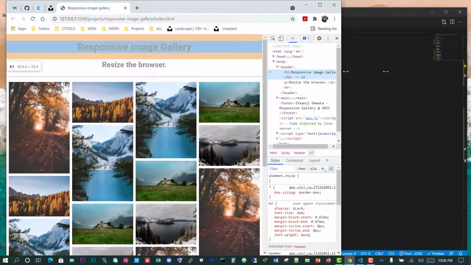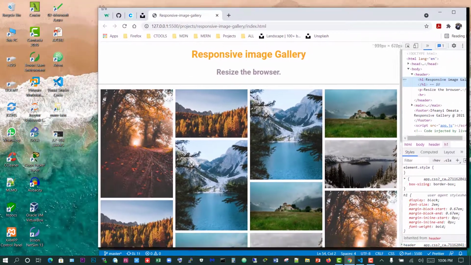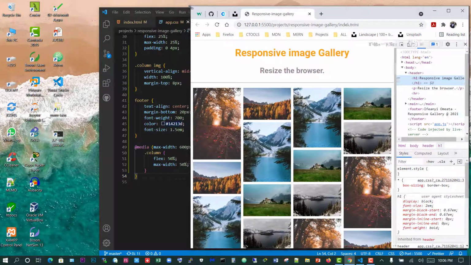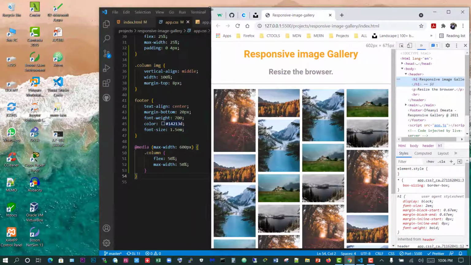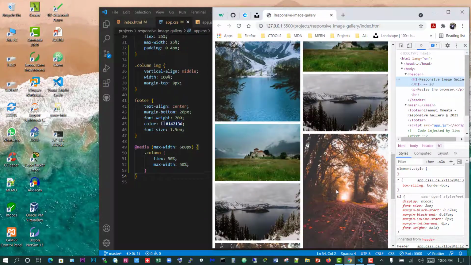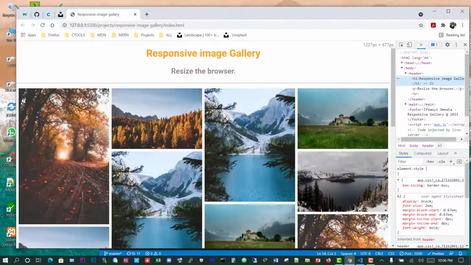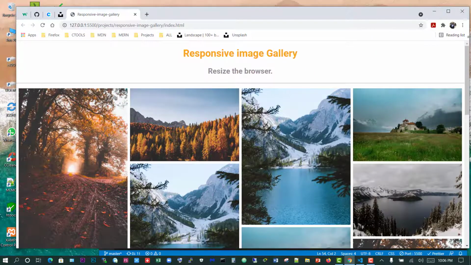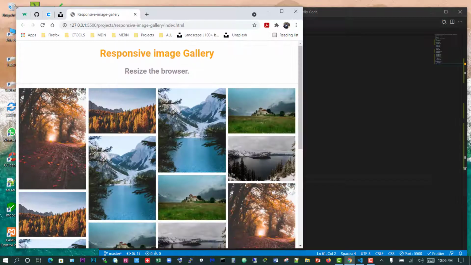Inspect, and let's make it 600. Let's go, we're getting there. Yeah, so now see, I just passed 600 and 2 columns we have there. So let's go back here, close this, and I'm going to do that when it's quarter way into the screen. 600 may seem a bit small, so